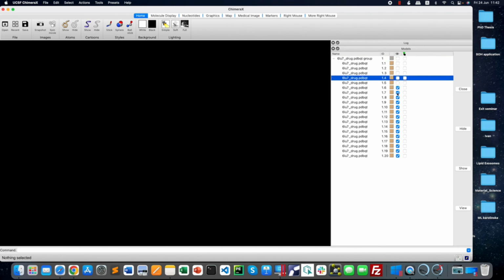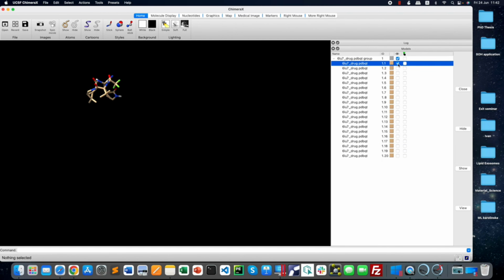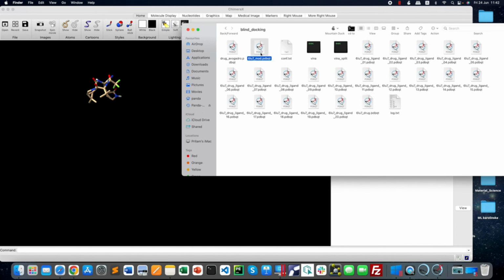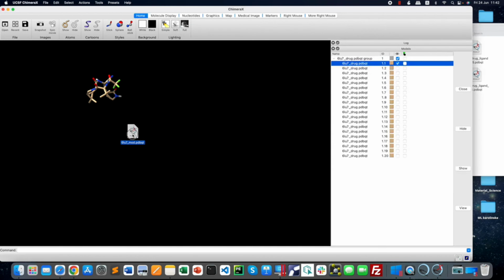I think you don't need all the poses in order to visualize, in order to see the interaction. So go ahead and click this one, only this particular pose. You are interested in number 1 pose. You select this, and if you go here and directly drag the receptor file into the ChimeraX window,